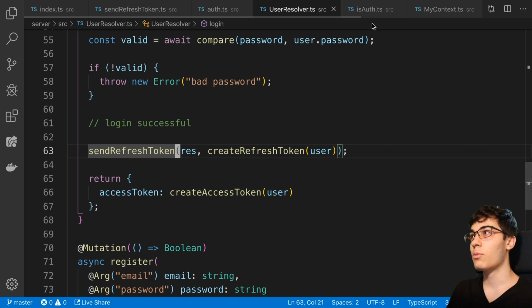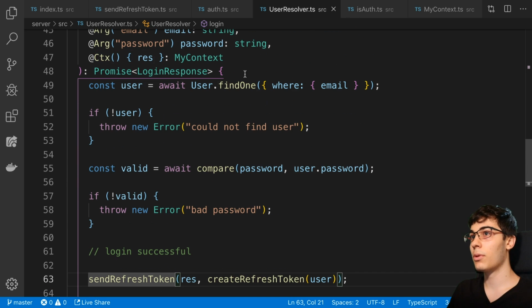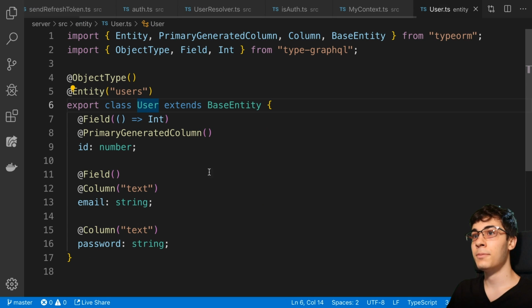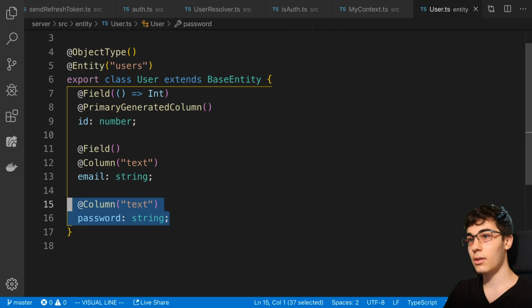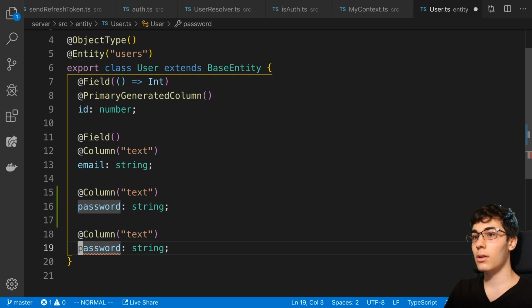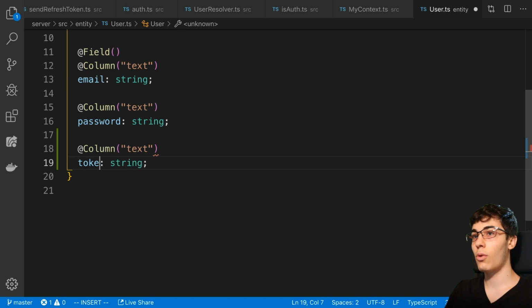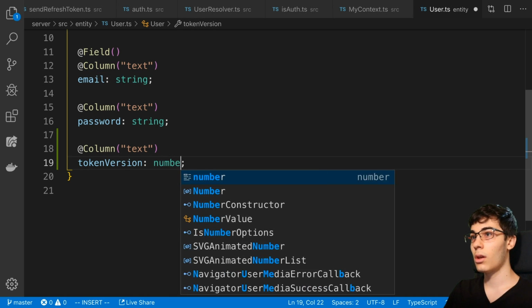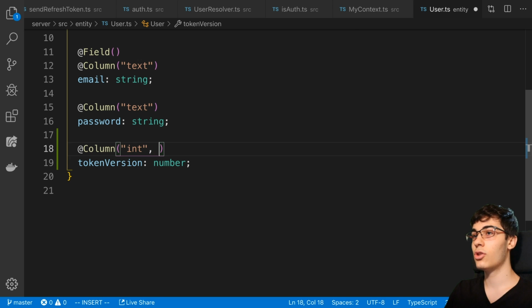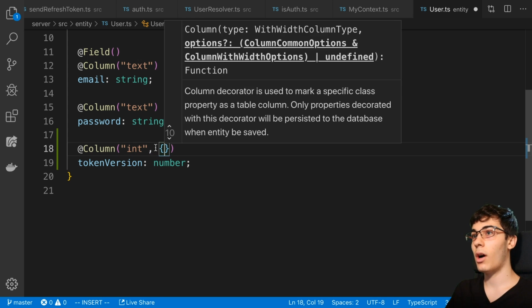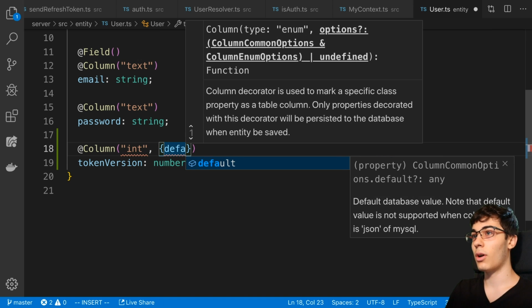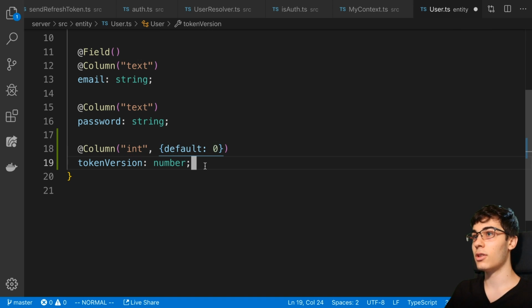So how it works is we're going to go to our user. So I'm going to command click this user here. And we're going to add a new field on here. So this field, let's call it token version. And this is a number, it's an integer. And if we do comma and then an object here, we can pass in extra options. So I'm going to say default and default it to 0. So now what's going to happen is whenever we create a refresh token, we're going to pass what the current